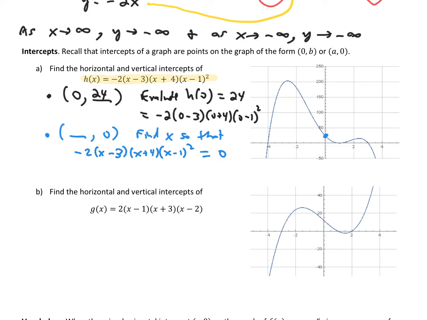This is why we have the polynomial described in factored form. Remember, our procedure for solving a polynomial equation is first get everything on one side and 0 on the other. This already has that going on. The second step is try to rewrite the left-hand side as a product of things rather than a sum of things. And because of the form we got this in, that's already done. So in that three-step process of solving polynomial equations, the first two steps have already been done for us. And so the conclusion, when we have it to this point, is that one of these terms has to be 0. I don't know which one, but one of these three things that are multiplied together here